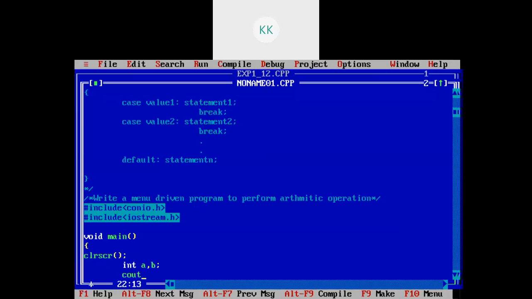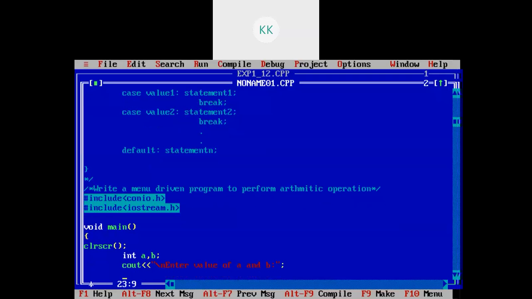So I will write here cout \n enter values of a and b. I need to enter the values, and to read the values, cin a b. Two values I have read.